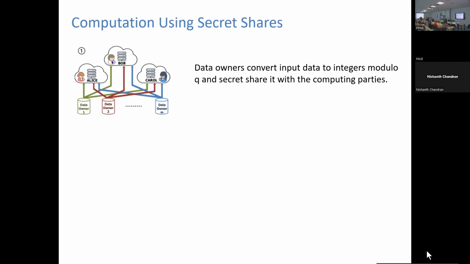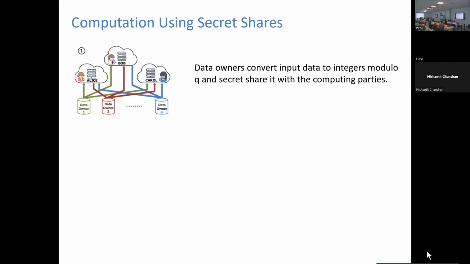In our scenario, we are mostly focused on outsourced MPC computations, using secret-share-based MPC solutions. What happens is the following. The data owners generate the secret shares.